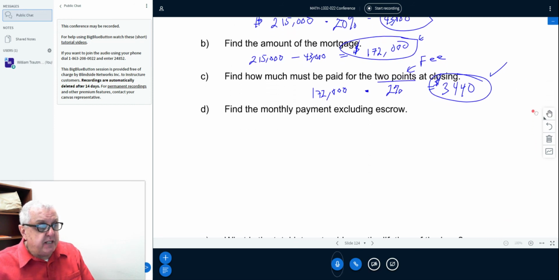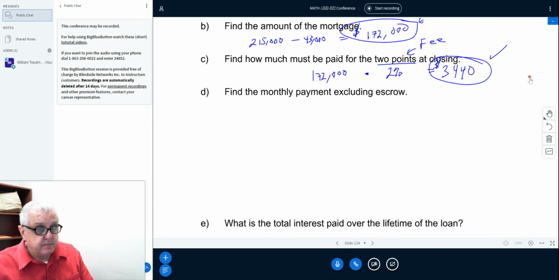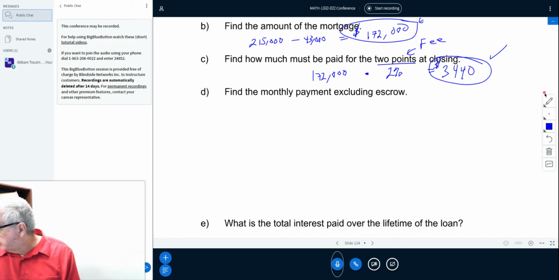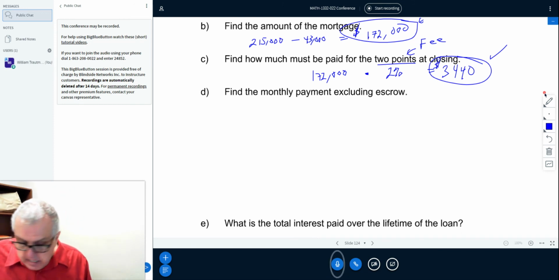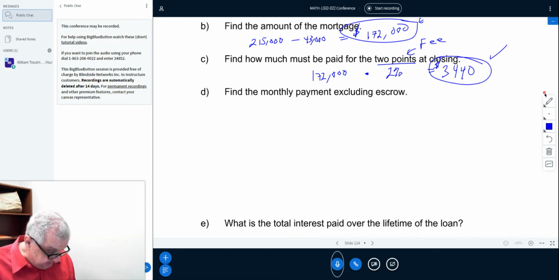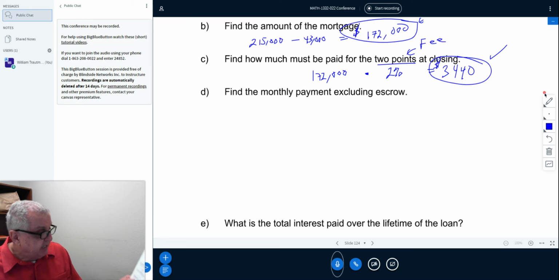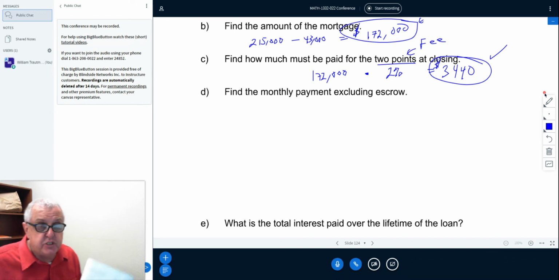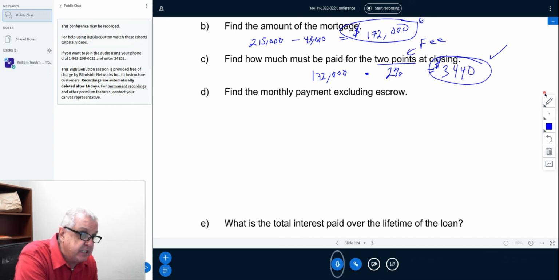So now we want to find the monthly payment. And this monthly payment is just on the 172, what you're paying the bank. So look at your formula sheet and the one that says payment. It's very similar to the one buying a car. It's the same thing as a house because you're doing 12 payments a year. So to find the actual payment that you're going to do on the house, we're going to use that same formula. The payment